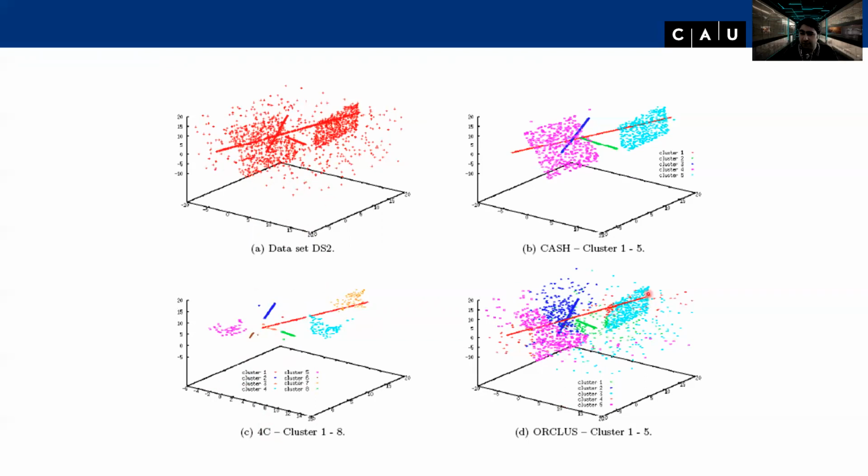ORCLUS is the same, but since it has no outlier assignment, you see it takes all these outliers and says, oh, they actually belong to the cluster. So it detects the cluster somehow, but not really well. While CASH, in contrast, I mean, always take it with a grain of salt, these are idealized data sets. Here we see it detects this one, this one, these two planes, the blue and the purple one. What is not fully visible here,